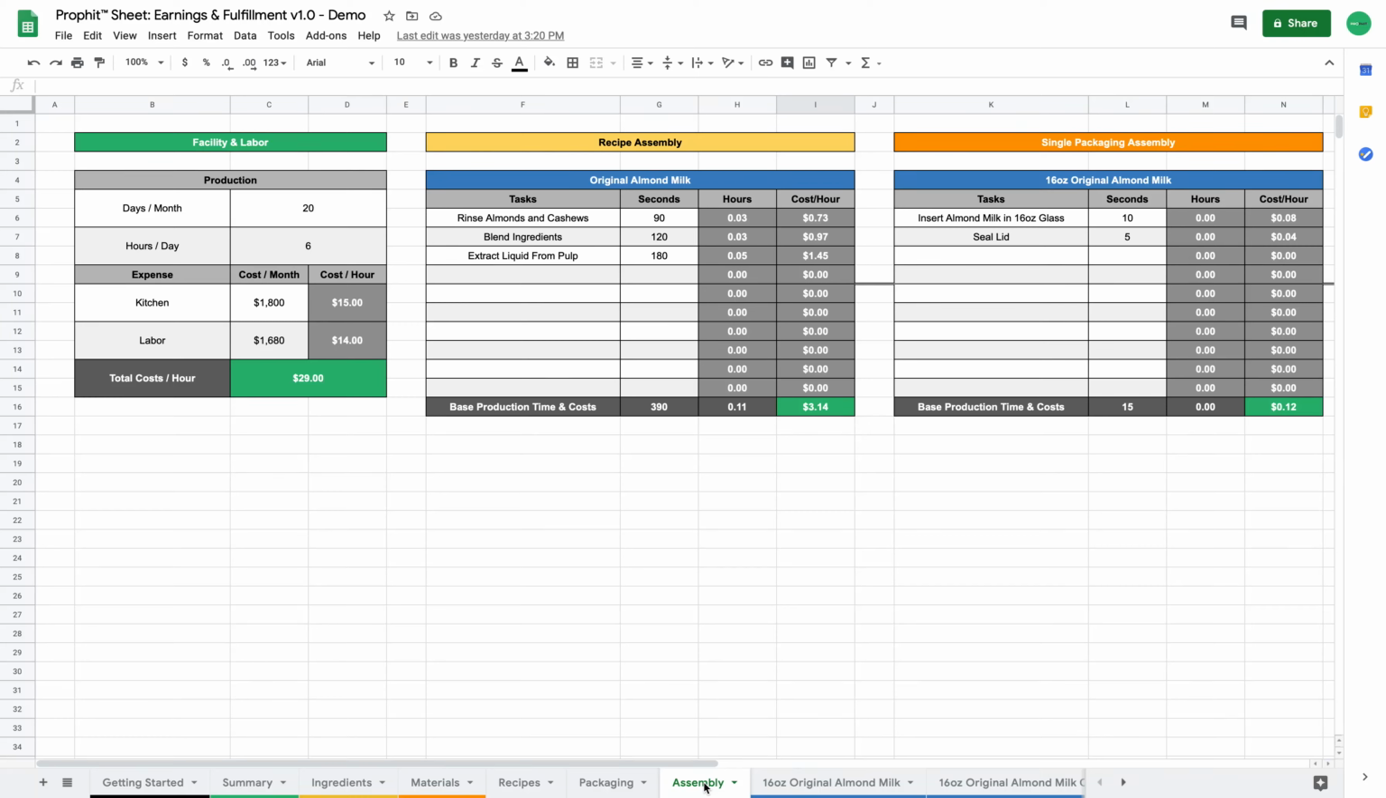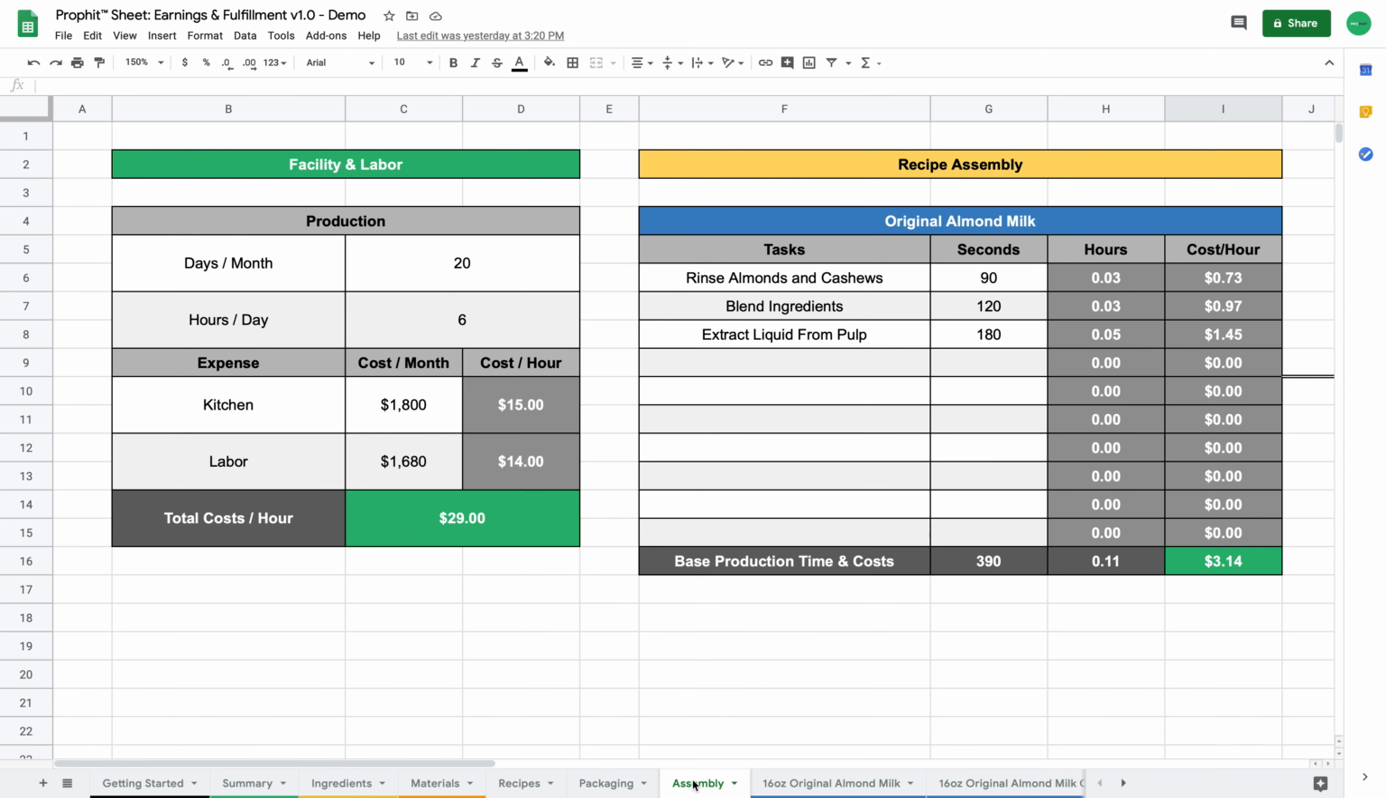Next up, we will be taking our facility and labor expenses into account. Regarding labor costs, we are only entering in the cost of labor tied to manufacturing our products. Here in my example on the Assembly tab, I am manufacturing my product in a kitchen that cost me $1,800 per month. My labor expenses cost me